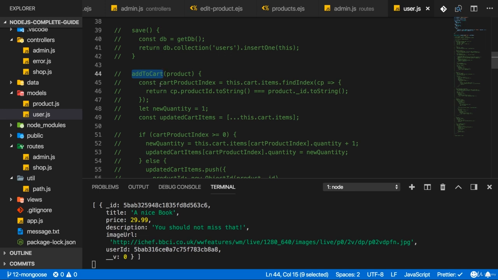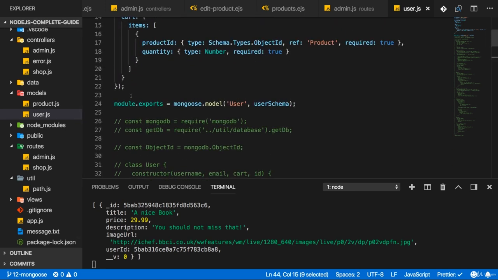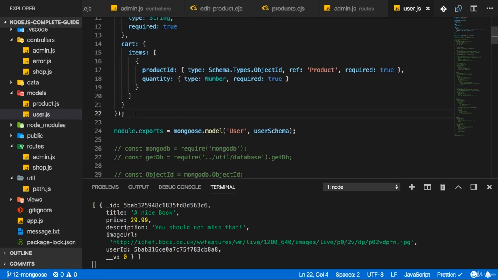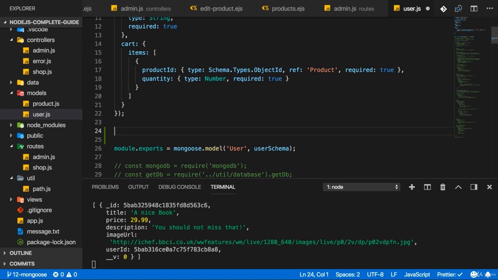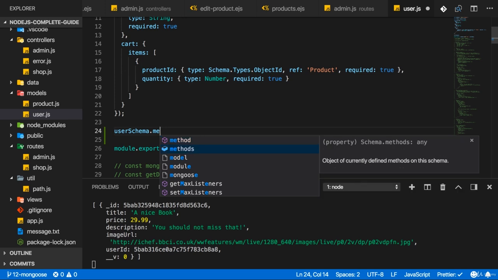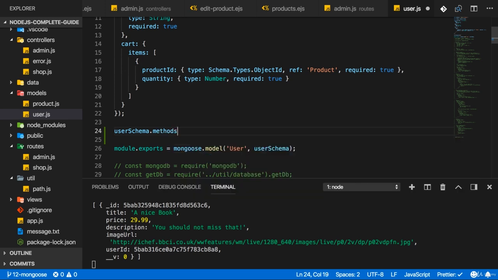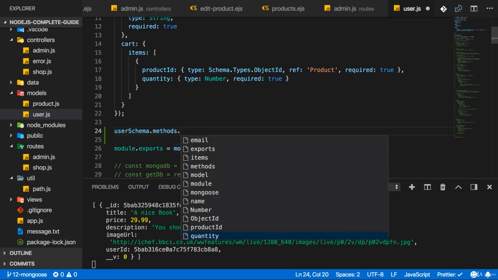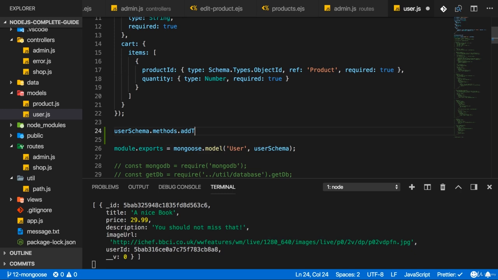And actually, it was really useful to have these, because that allowed us to move logic from our controller into the model, which is typically where your data-related logic should live. So therefore, I will re-add it, and Mongoose makes this really simple. You can work on your schema, so on my user schema here, and then there, you'll have a methods key. The methods key is an object which allows you to add your own methods by simply adding them,